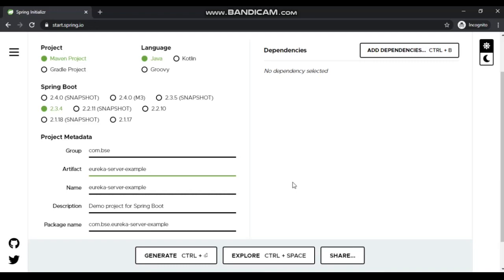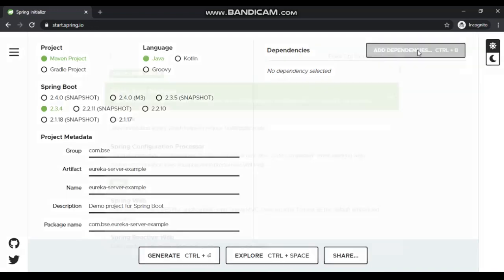So that is the use of Eureka server. That is why, in real projects also, you will see Eureka server is used, or you will see Zuul, Netflix Zuul is used, or a NAS router is used. So these are the things which you will be seeing in real projects, so that you need not do entries manually. Okay, so let's add the dependency here.